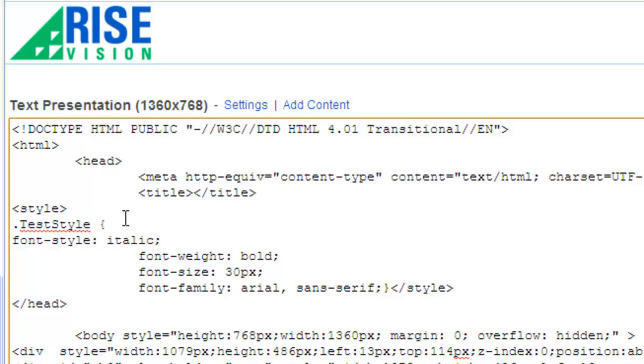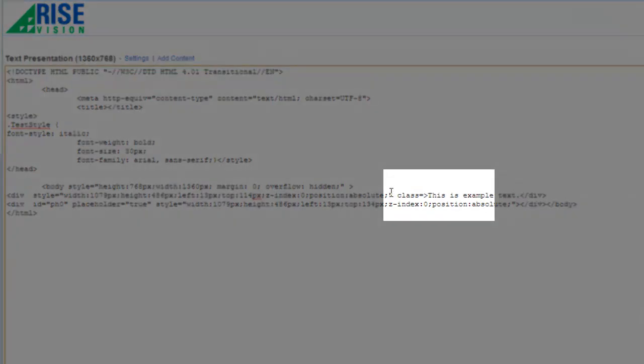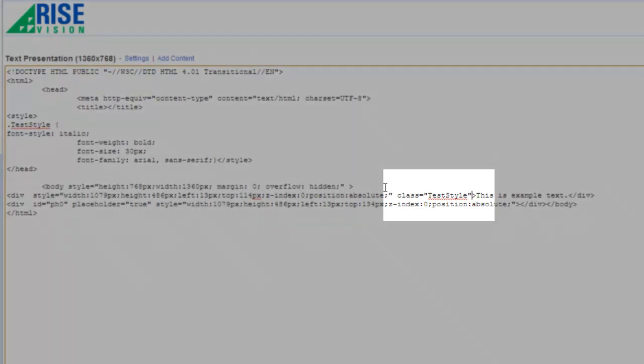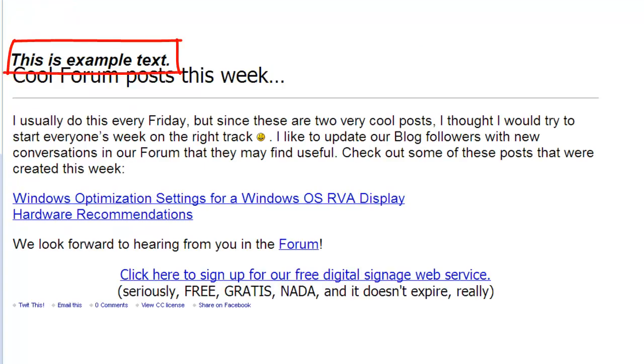Now comes the important part. We need to tell our text to call upon this style to use it. So inside the div that comes before our text, type the following: class equals quotation test style quotation. Now when you save and preview your presentation, you'll notice that all the elements of that style have been applied